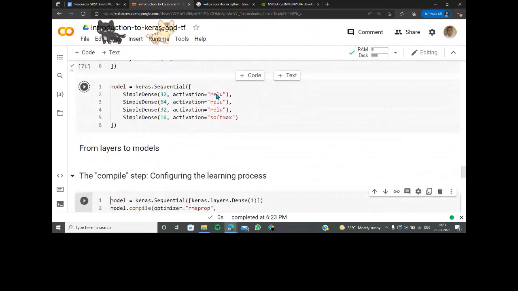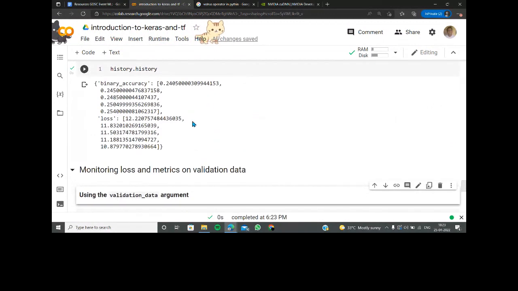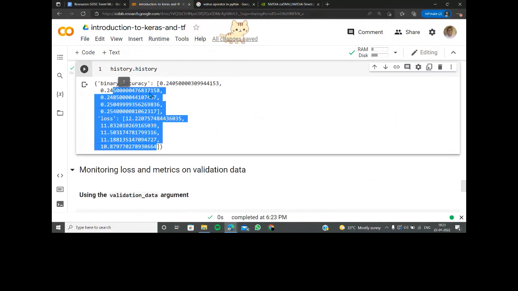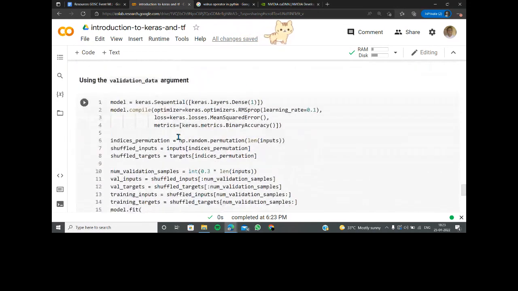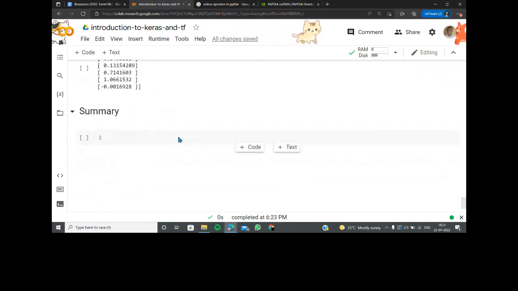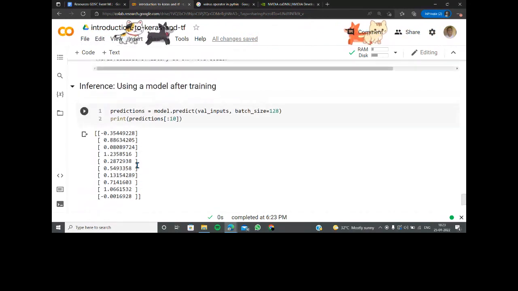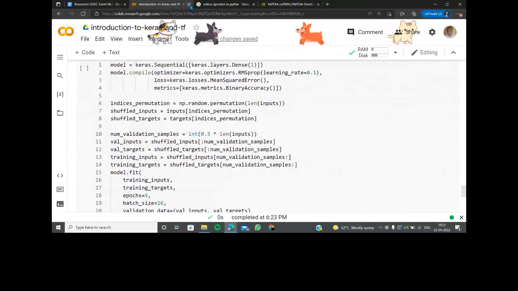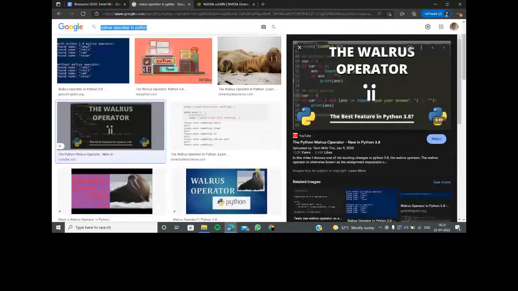So you can still go out and plot different metrics. And if you just do that history, it's now going to say that binary accuracy was 0.245%, and all different metrics were already considered here, and the learning happened. So this is how it is. So right now, just go ahead, start learning about all these different applications. You will go out and get all the things sorted.